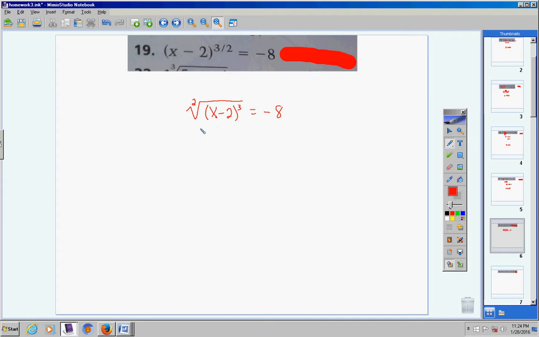So when you have a radical equation, step 1 is to isolate the radical. Well, it's already isolated. So step 2 is eliminate the radical. So we have an index of 2. We're going to raise it to the second power. However, we must raise both sides to the second power, okay? Now, when we do that,